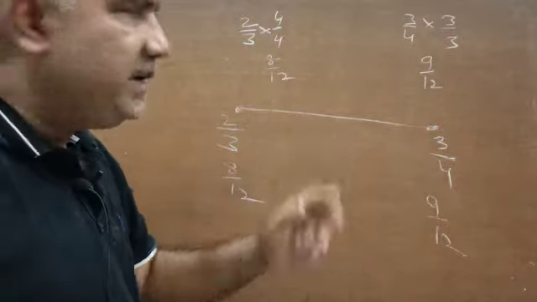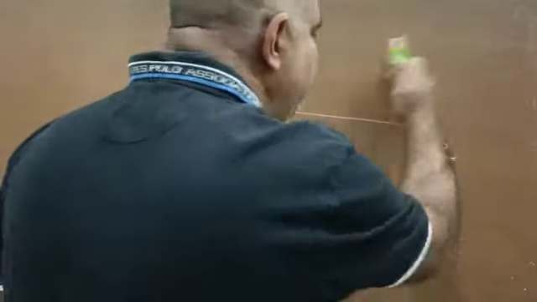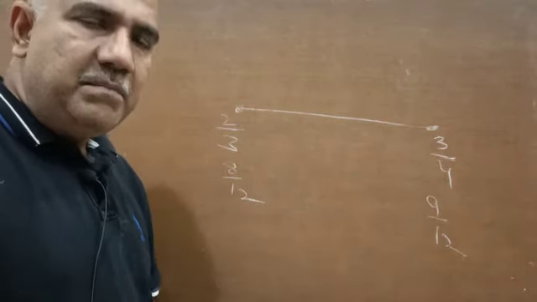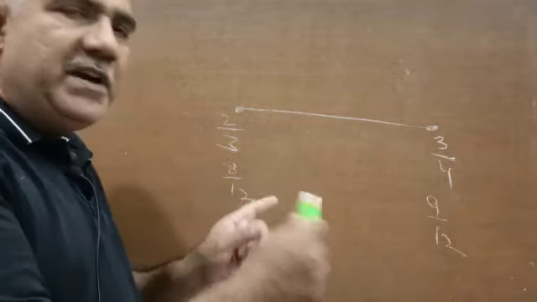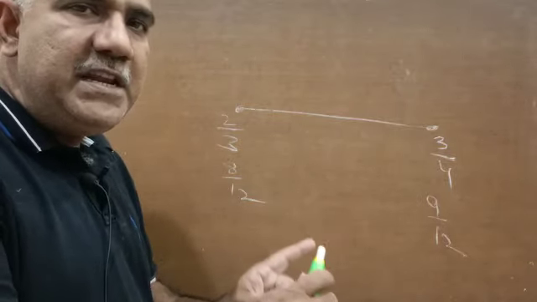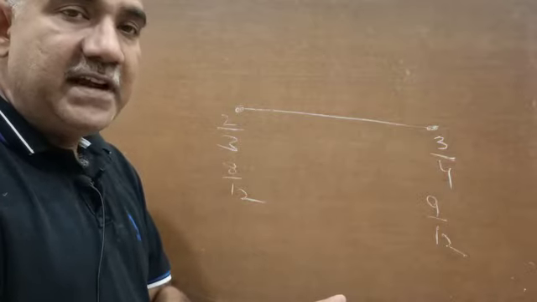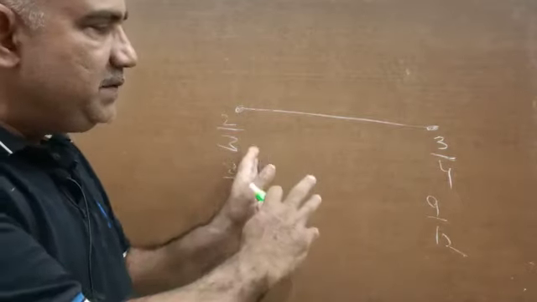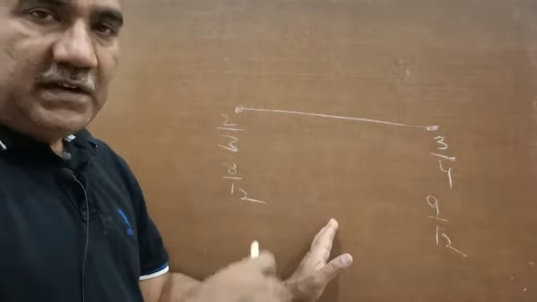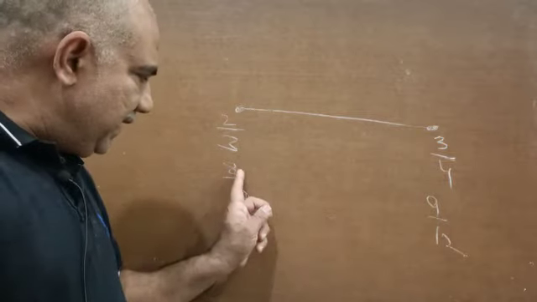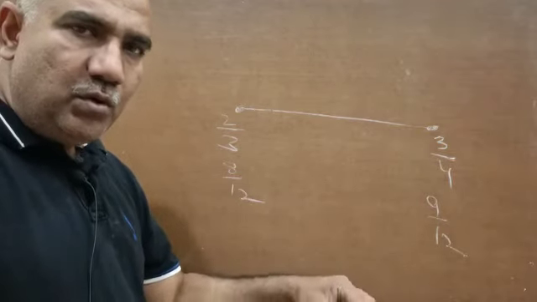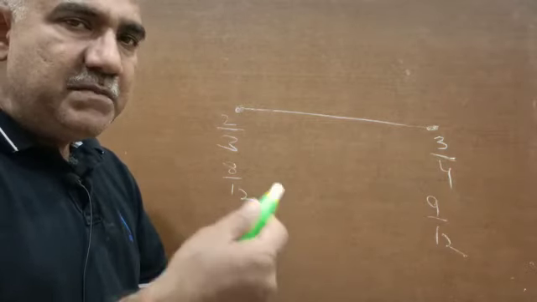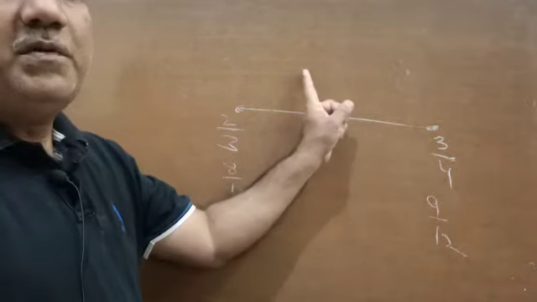Let us say we want to accommodate 9 numbers. Then we should multiply 8 and 9 by a number, so that when we get the new numerators, their difference must be minimum 10. If we want to accommodate 9 numbers between these two given rational numbers, we should find a number which multiplies 8 and 9 both, and the new numerators obtained, when subtracted, must have a difference of minimum 10.